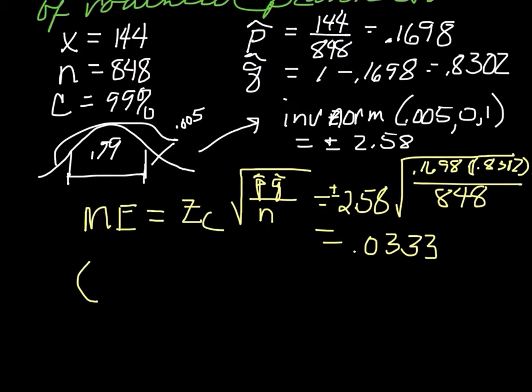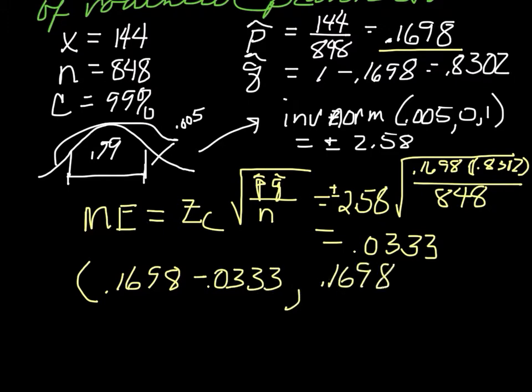I take the sample proportion 0.1698 and I subtract 0.0333, and I take the sample proportion 0.1698 and I add 0.0333, and so therefore my confidence interval is going to be